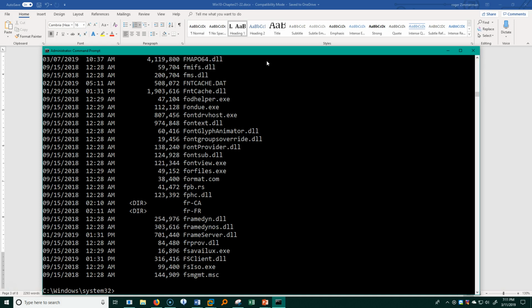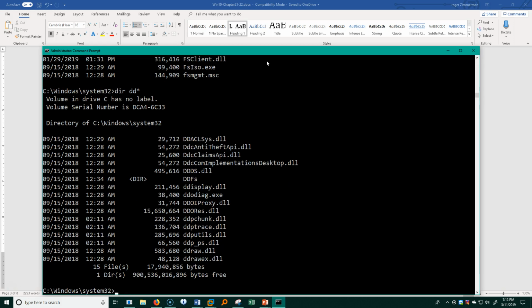Well, how can I home in on something? Let's say I only want all of the files or folders that start with DD. Okay, let's do this. dir, and then it's going to have DD, and then I'm going to put an asterisk. The asterisk means any character or set of characters from 0 or more that can be anything. So this should work. By the way, it's called a wildcard. So if I click enter here, I get all of the files or folders that start with DD and then have anything after them. Alright, well, that's pretty handy.